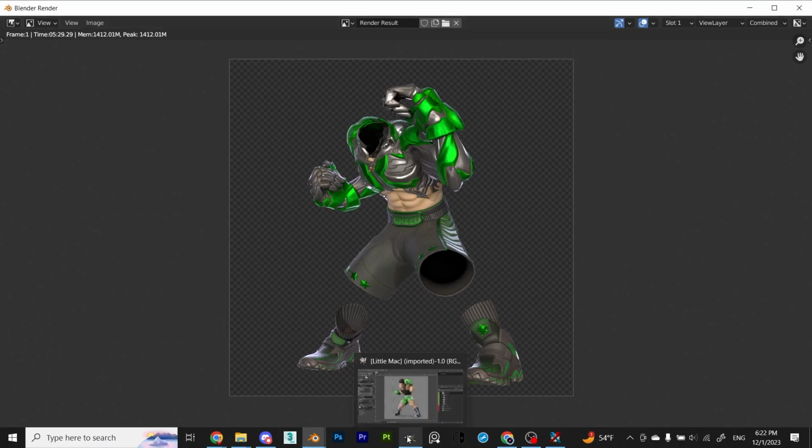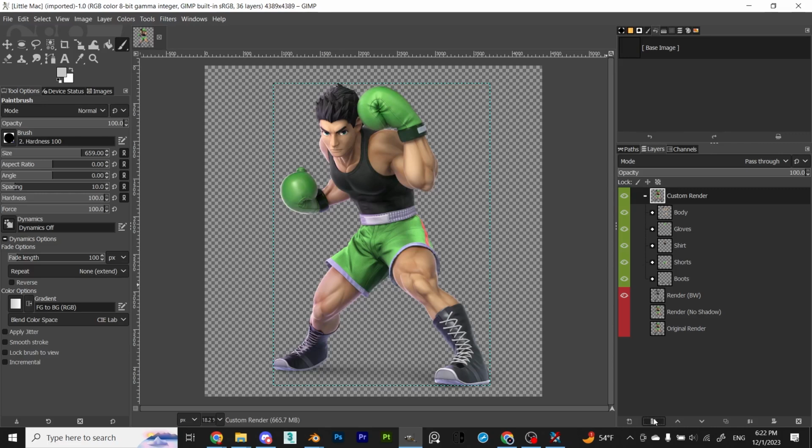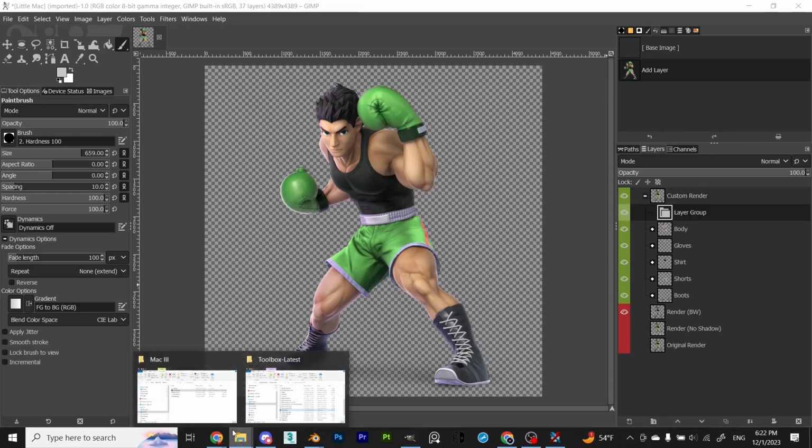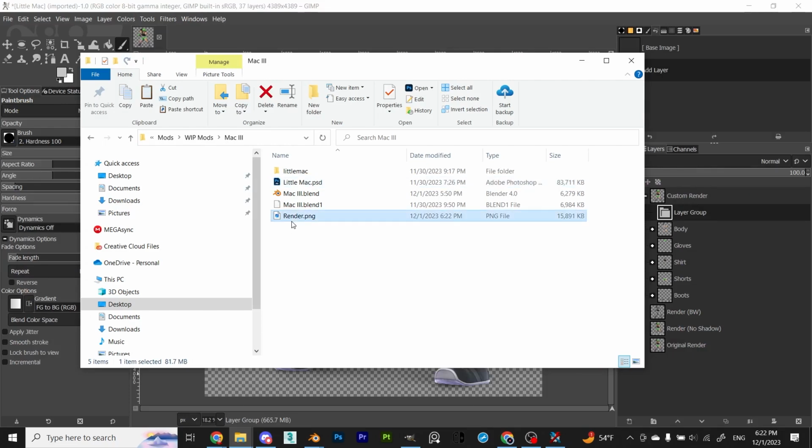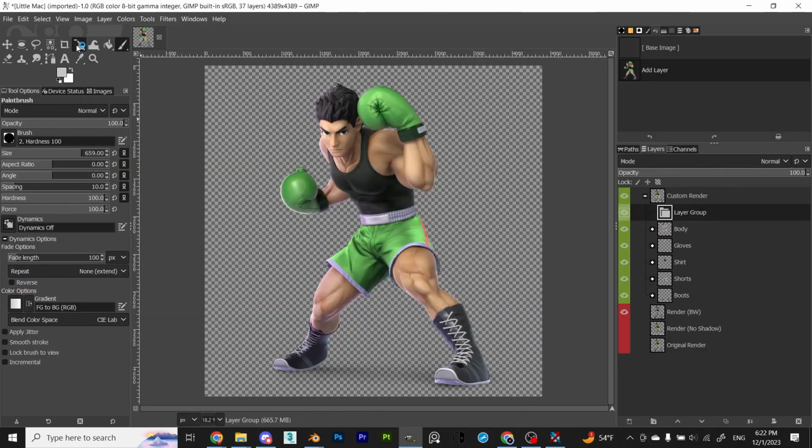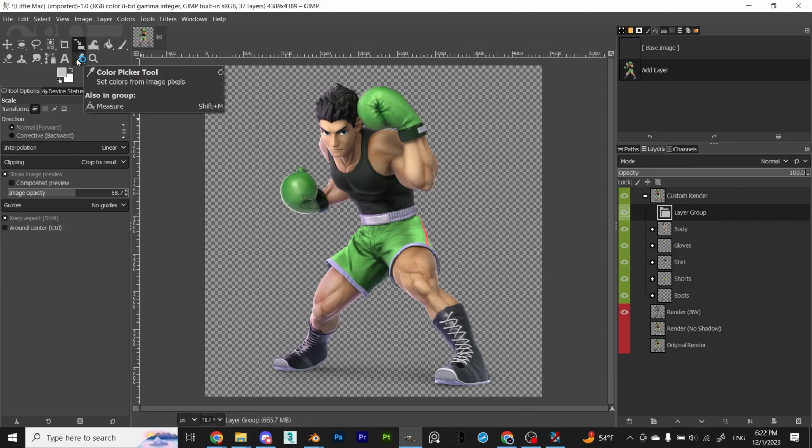Once you get everything, open up your photo editing software and open up the PSD file. Import your render and resize it to fit the canvas or the vanilla render. I can't really offer instructions for editing, all I can say is do your best and trust the process. Here's a time-lapse of my render editing.